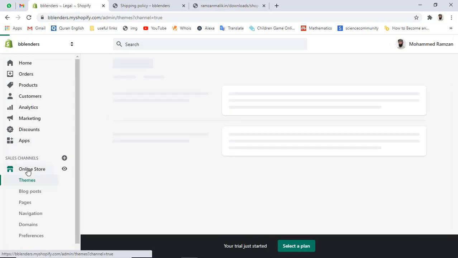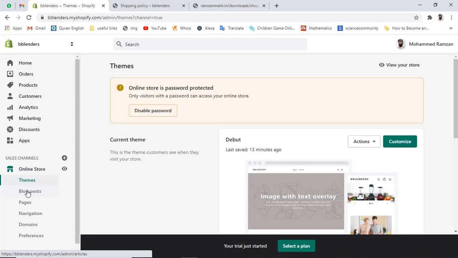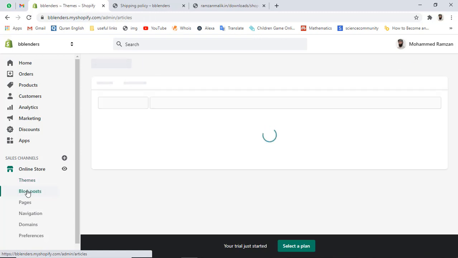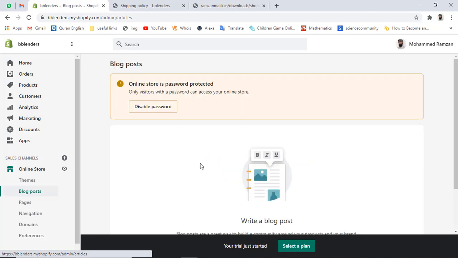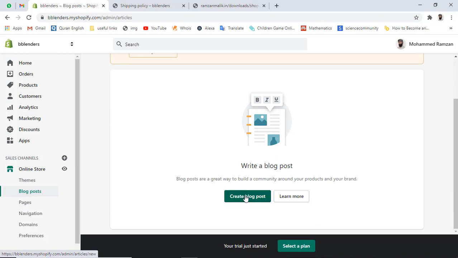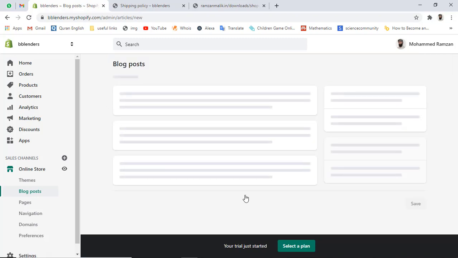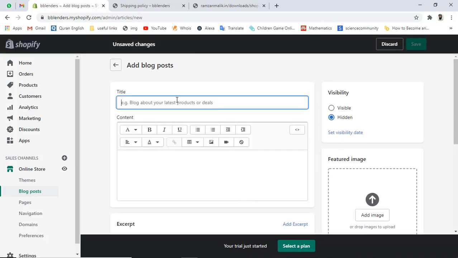So let's click on blog posts. I'm going to create some blogs. Once you click on blog posts, you will get this specific screen, and on the right side, or maybe, yeah, sorry, this is create blog post. You should click on this button and add the title, my first blog, and then you have to add some content.